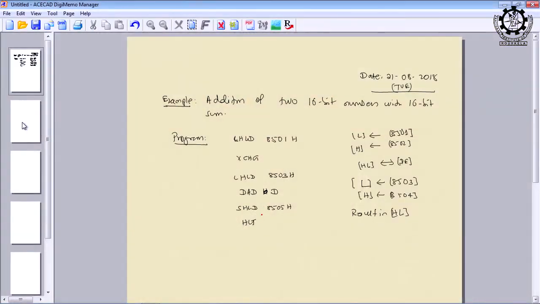Efficiently here means time may not be saved, but space is certainly saved, because the number of instructions required to solve this problem is very small, that is 1, 2, 3, 4, 5, 6.